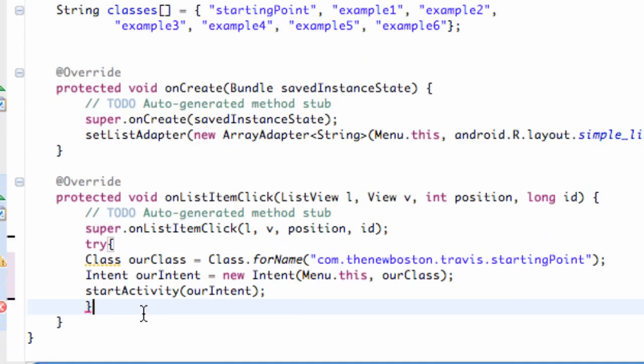The next thing we need to do is catch an exception. For example, we're going to use the exception type class not found. So again, if this class is not found, it's going to give us that exception. So we're going to say catch, and then we have to define the exception within parentheses, and again the exception type is called ClassNotFoundException. We're going to give this variable the label E, and then